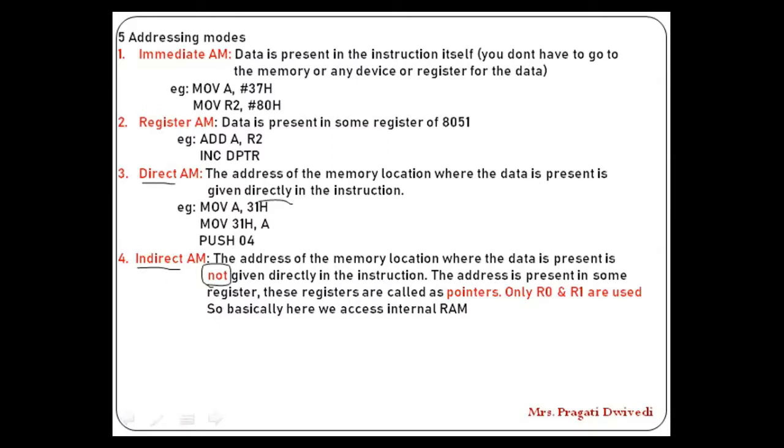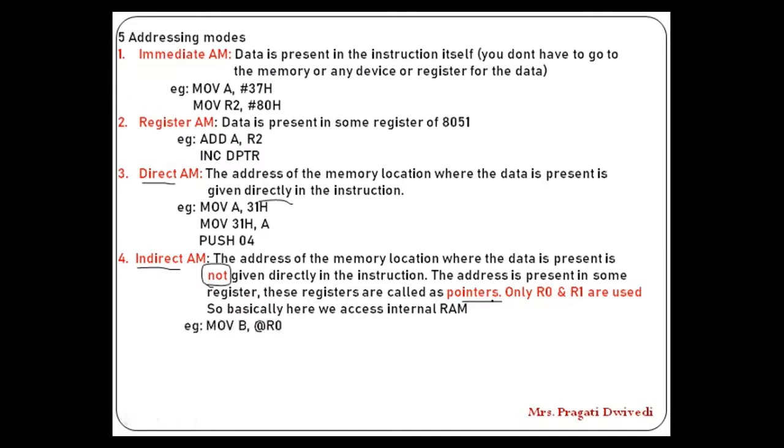Now when I say Rohit knows where Pratik lives, this is an indirect way of giving the address of Pratik. I'll first go to Rohit and then ask him exactly where Pratik is. So I hope you've understood. You will not give the address directly. You'll try to give it via some pointer. We call it a pointer, the one that points to a memory location.